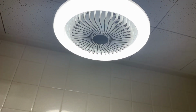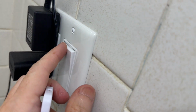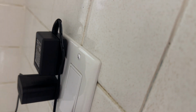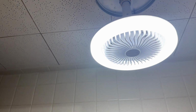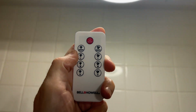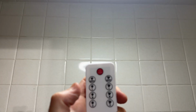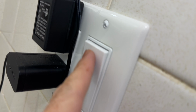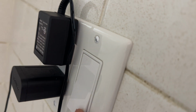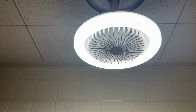Hate to say this, but I'll shut it off, not with the remote. I'll shut it off over here with the light switch. Okay? When you turn it back on, it comes back on bright and at the highest setting on light and on fan. So let's say I turn it down to a lower setting and a lower light. Okay? Now if I turn the switch off over here, when I turn it back on, the fan automatically goes back to its highest settings. And I don't like that because